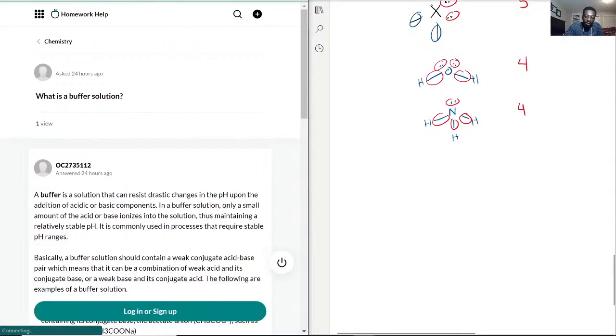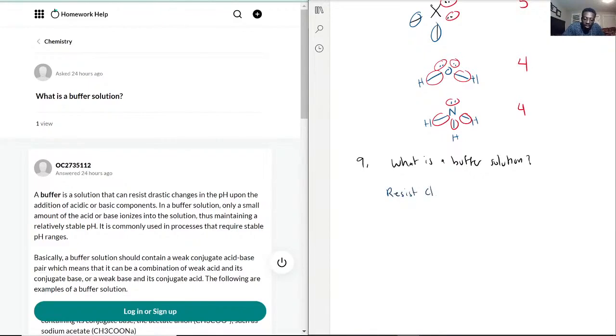So now, question 9. What is a buffer solution? Buffer solutions resist changes in pH. Okay, how? Because a buffer solution has a mixture of its acid and conjugate